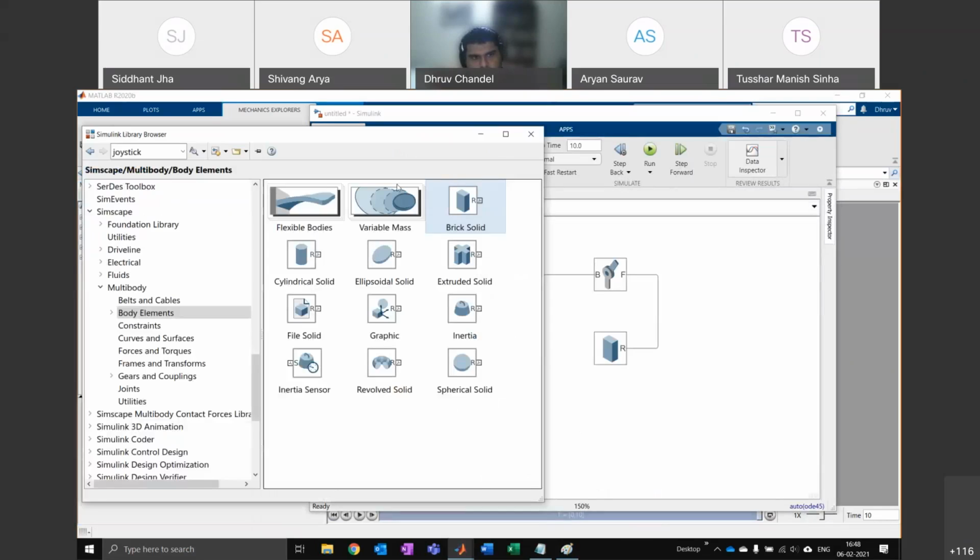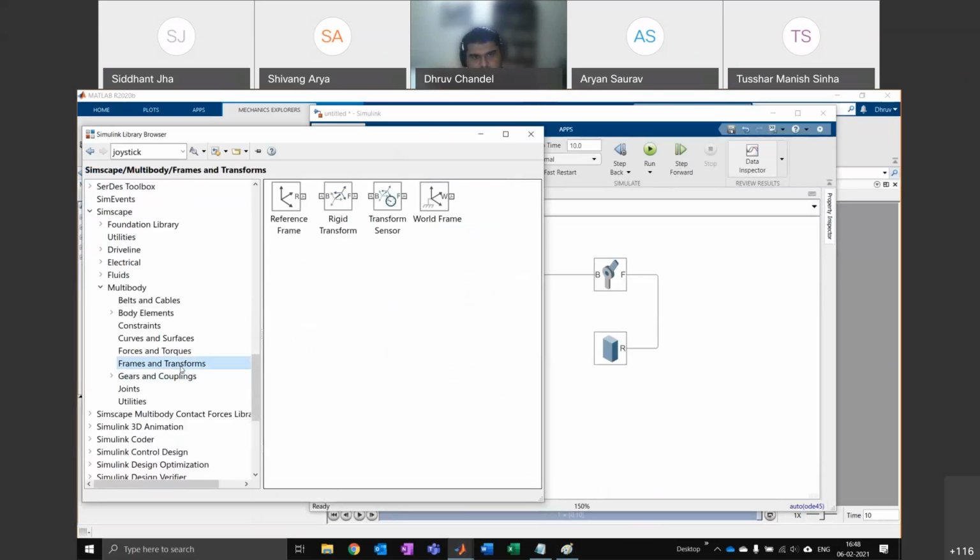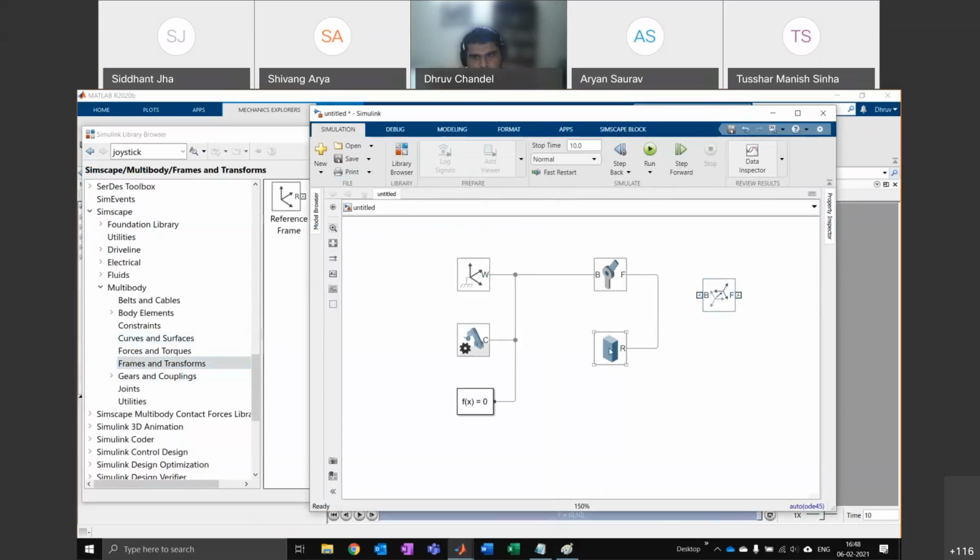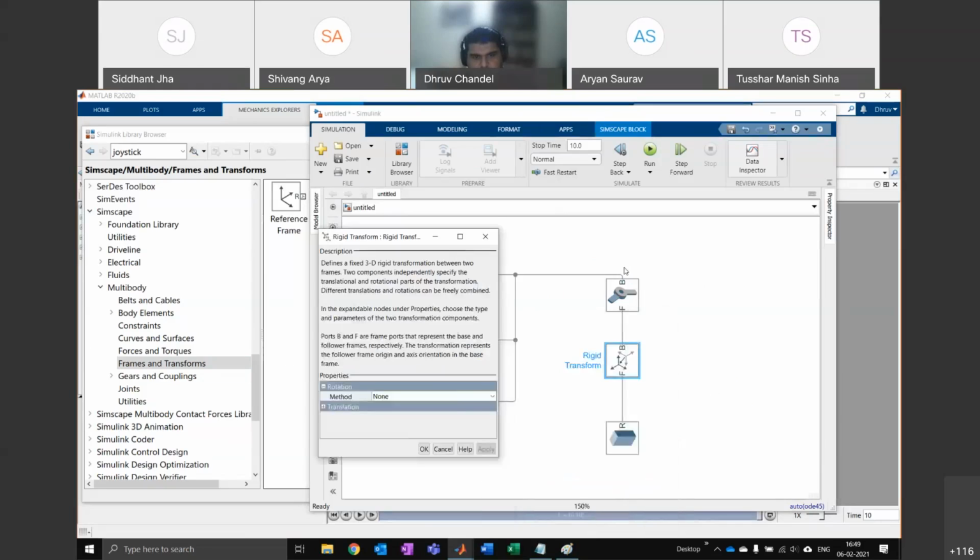So what do I do? I go to the library browser, I go to frames and transforms, and then I do a rigid transform. So I need a rigid transform to shift down this block by half a length. Let me rotate this so this makes sense. And I'm going to shift it down by, I think it was 0.5 meters.